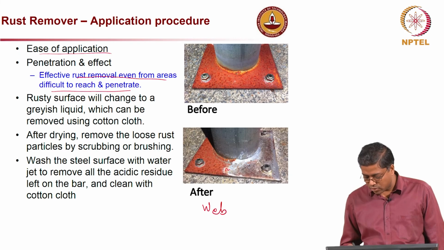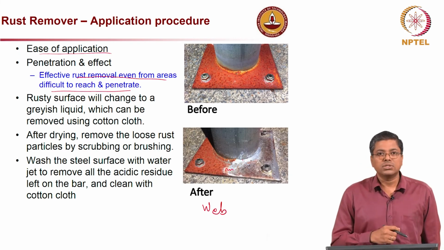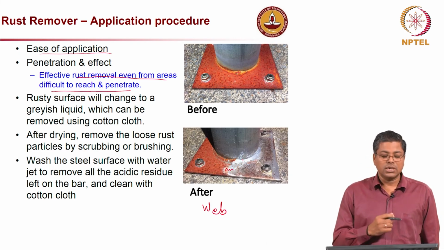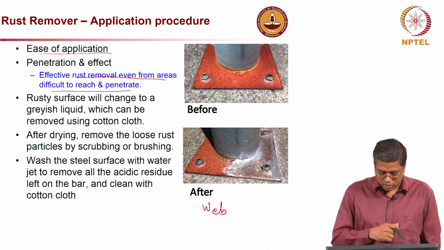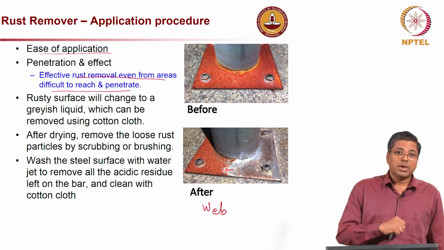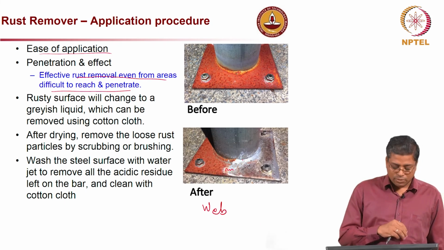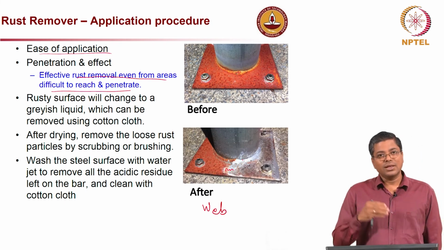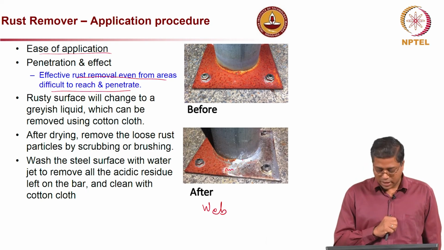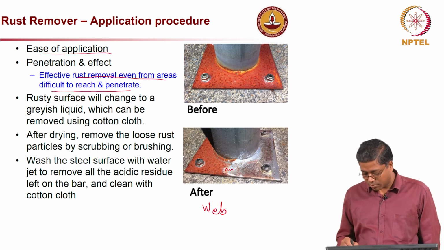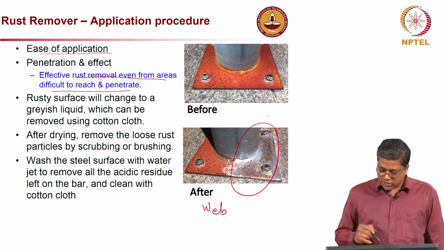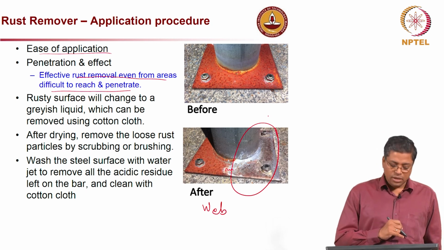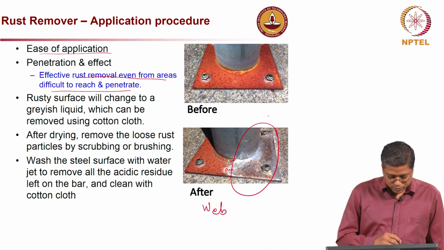Even on the micro scale, if you look at the very fine pores on the concrete, on the steel surface, or the unevenness of the steel surface because of corrosion, the mechanical tools may not be effective. In such a case the chemical will actually penetrate and clean the entire surface. As you see on the bottom right, this region is very well cleaned, there is not much rust left, which is difficult to achieve with a mechanical tool.